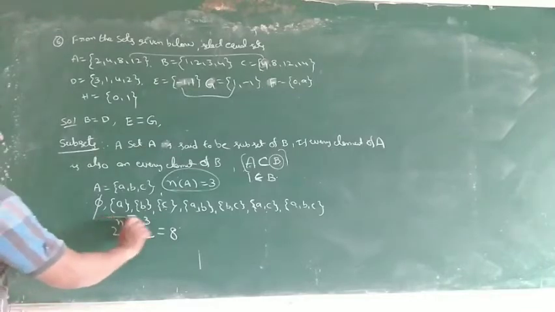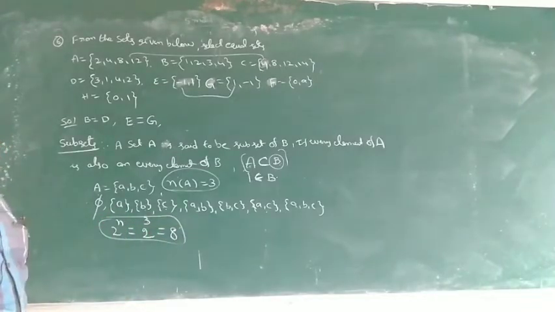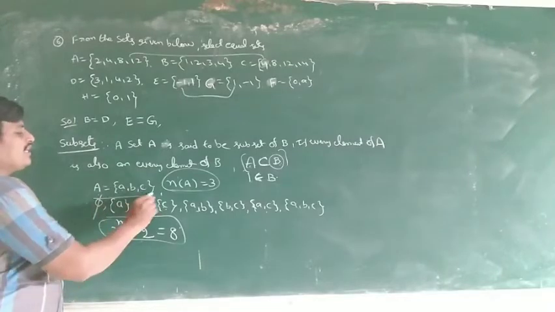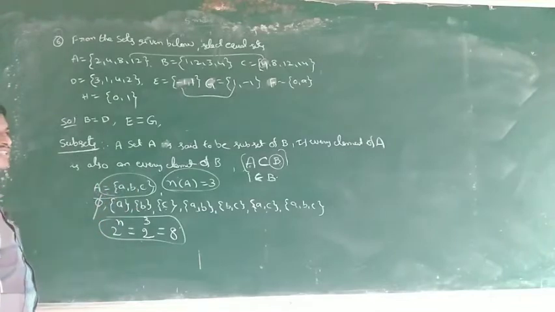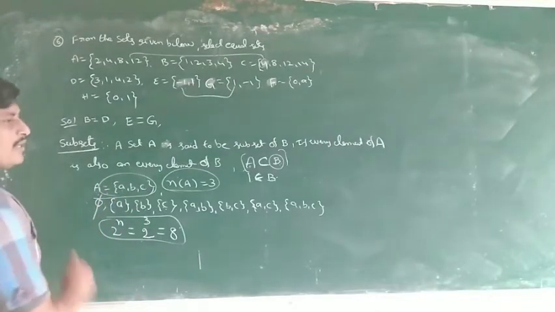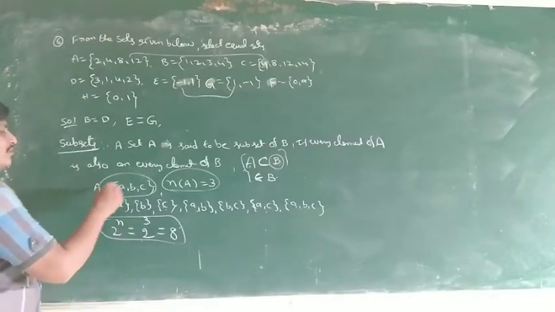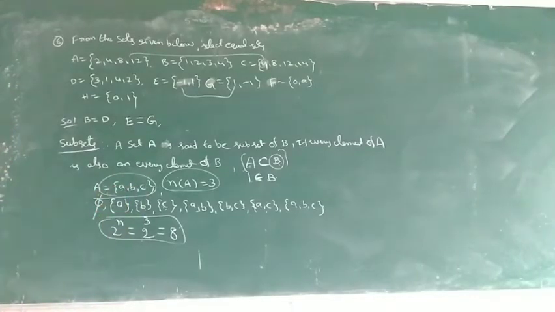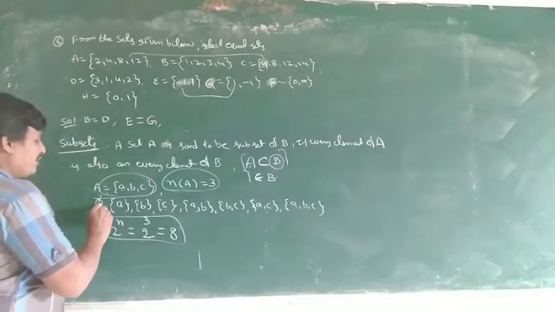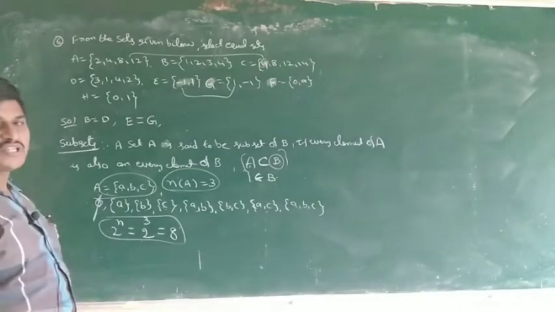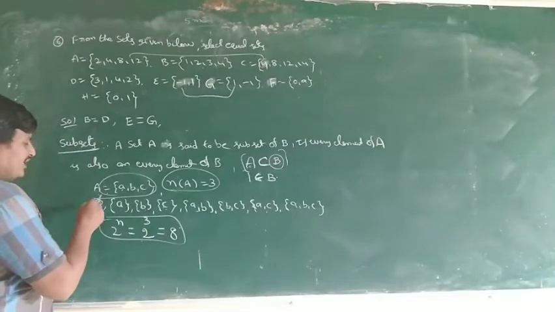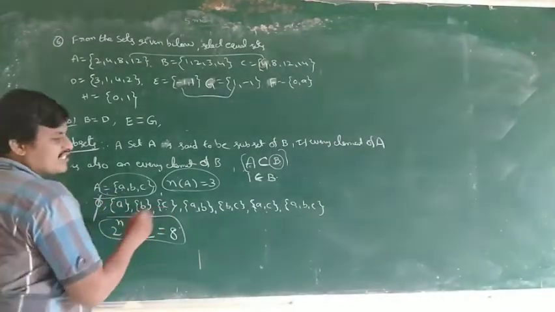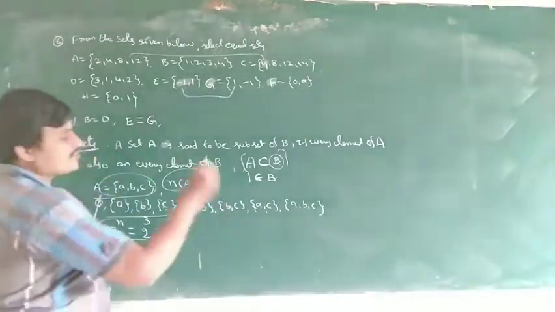This is by using the formula 2 power n. 2 is fixed, but n is how many elements or objects are there in the given set. This is the formula. Once again, A is equal to {a, b, c}, 3 elements are there. How many subsets are there? What are they? The subsets are phi, which is fixed. Phi is a subset of any given set. Phi first, then single element sets, double element sets, triple element set.